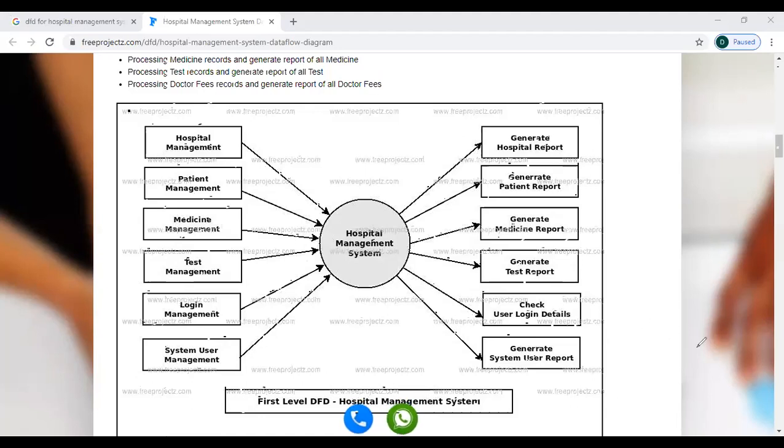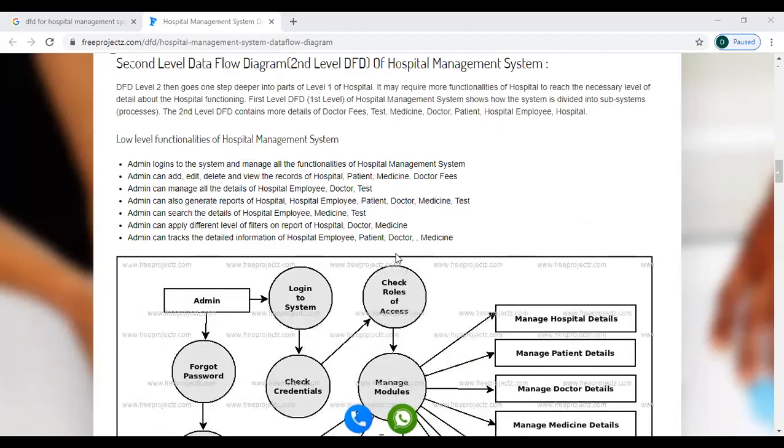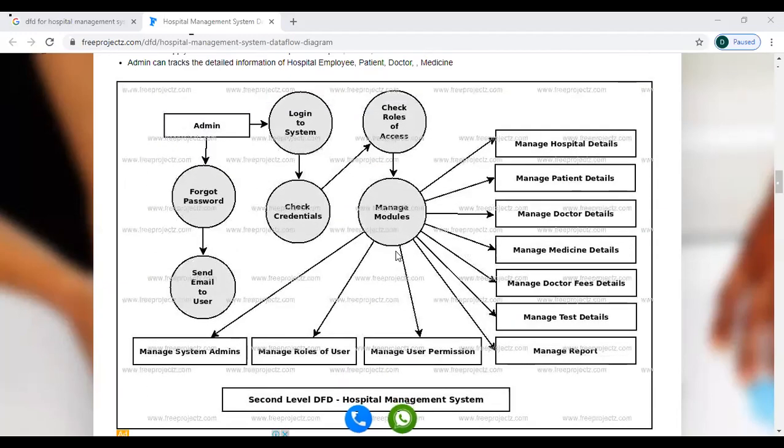If you see the next level, the second level has detailed information about the admin. There is an admin in that hospital. How does that admin log into the system? If he forgot the password, what is the process? The admin directly logs into the system, enters the credentials, and the credentials are checked.